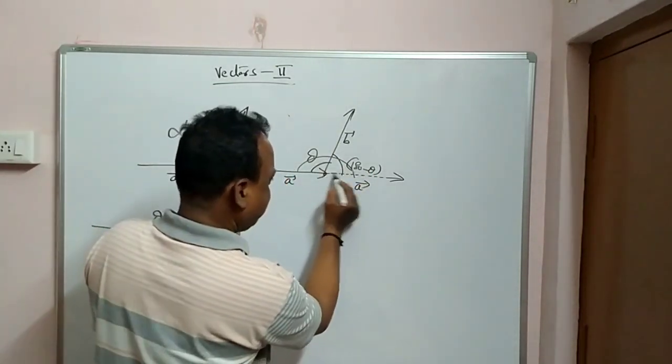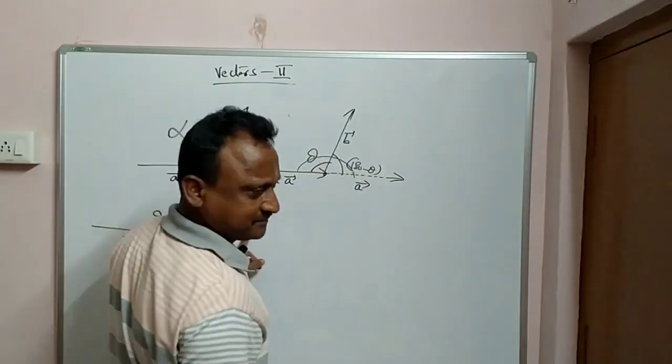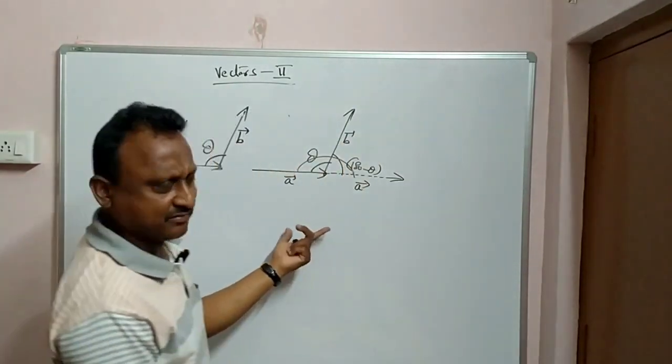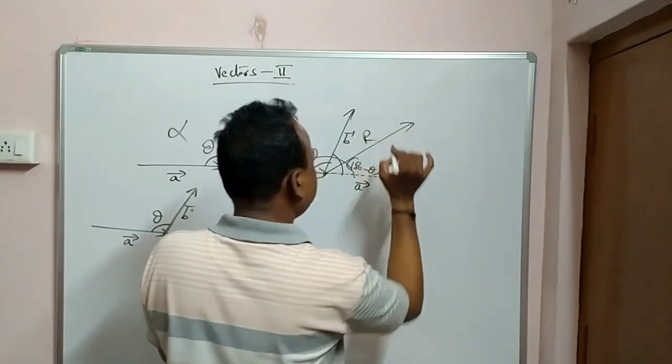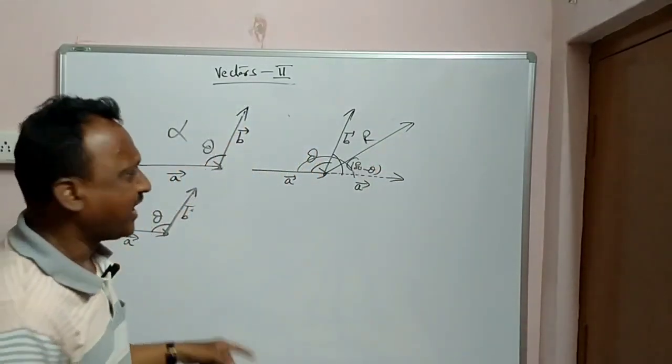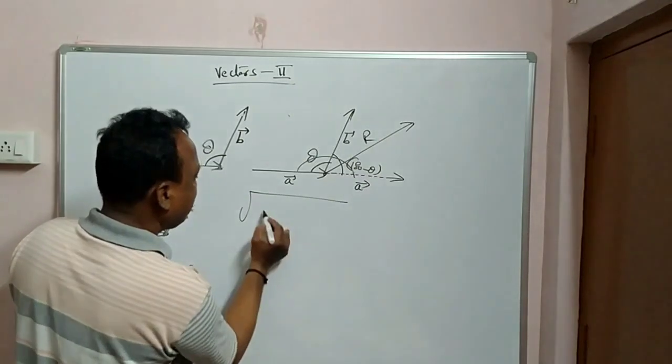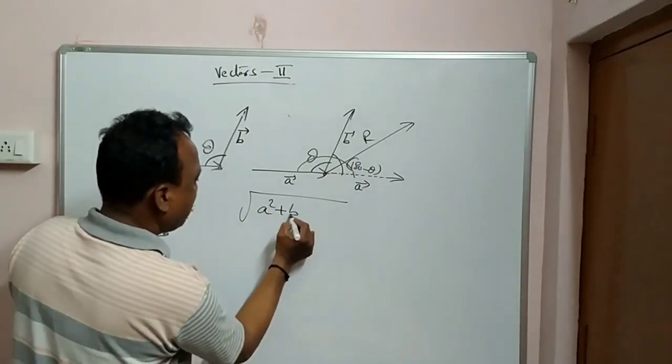Now the vector angle, see, this is one vector, this is another vector. So these two resultant you can find out now. This is one vector, the resultant is like this, in this direction. Resultant. I will get by using your parallelogram law. Root over A square plus B square